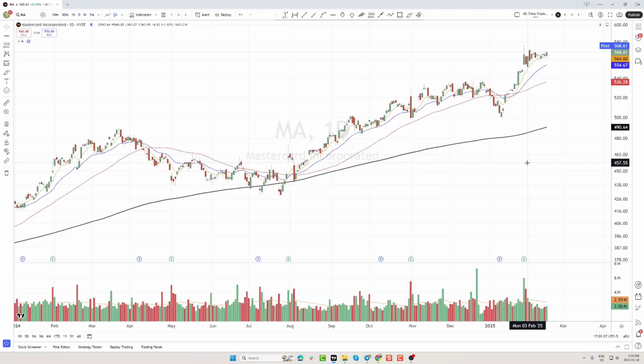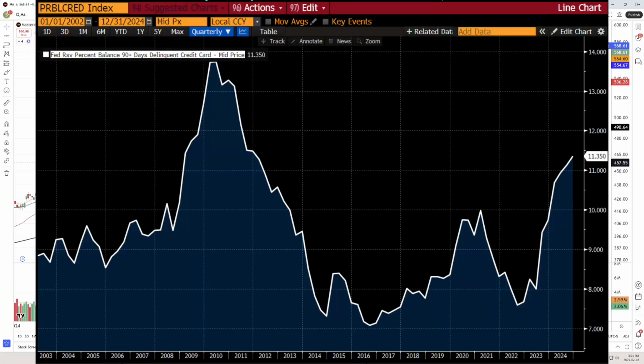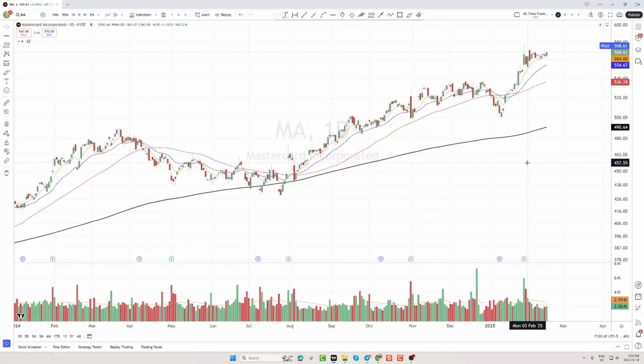Want to take a look at MasterCard? This is ticker MA. I saw a chart today, and I'll put it up on the screen here, that said credit card delinquencies are on the rise. Now, as bad as that sounds, it's probably actually good for credit card companies because then they're just charging more